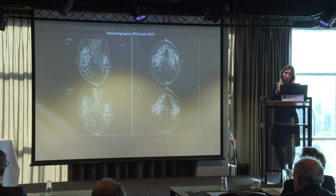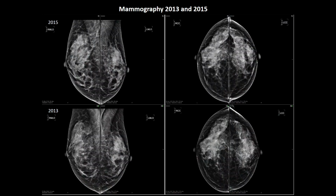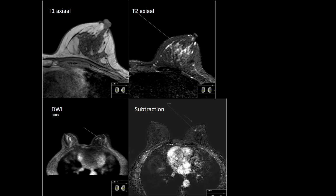So here we see the mammography of 2013 and 2015. So this is 2013 under, and above it's 2015. We see dense breast. I think it's a category C. Some asymmetry, but it was in the breast tissue, but it was already there in 2013, and I don't see any suspicious masses. Then when we look at the MRI, there is a diffusion weighted imaging that we use